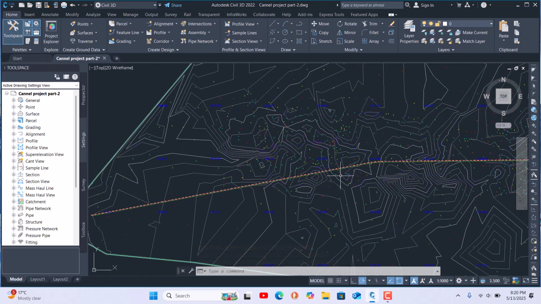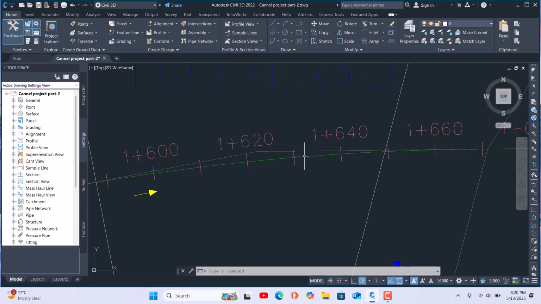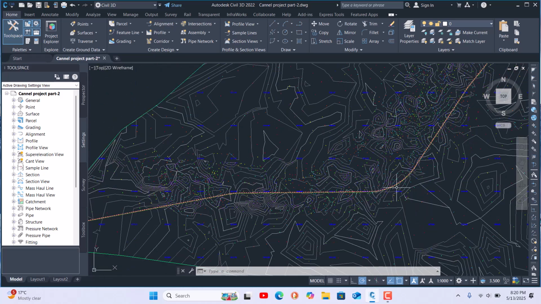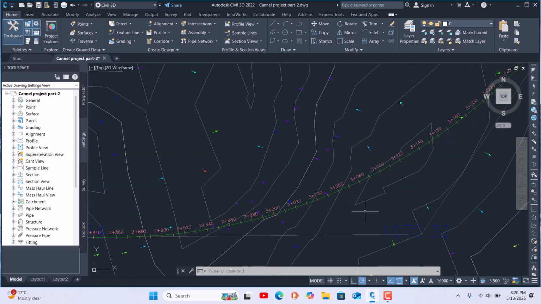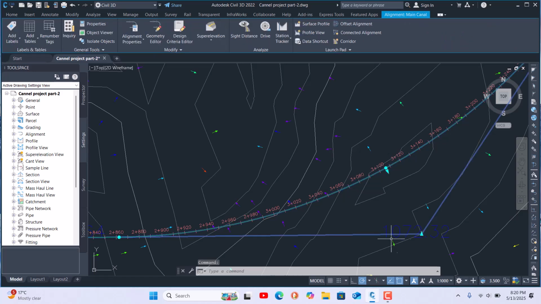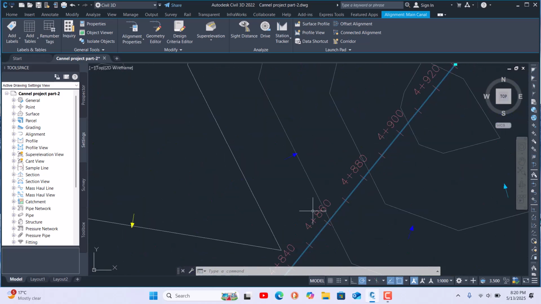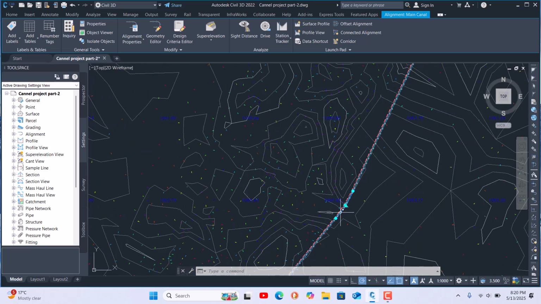You can see it is very smooth here. If you want it smoother, then increase your radius. You see the original polyline is passing here, but now the alignment is created very smooth, and every bend is very smooth.